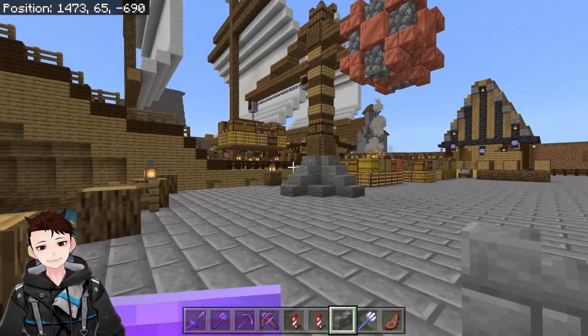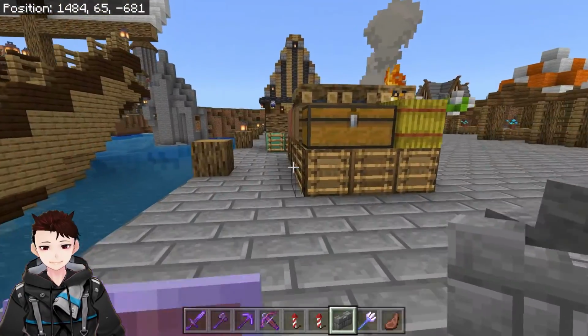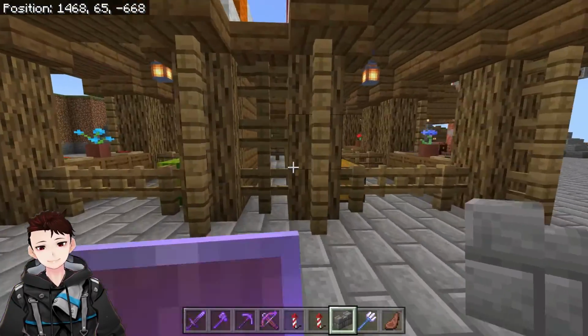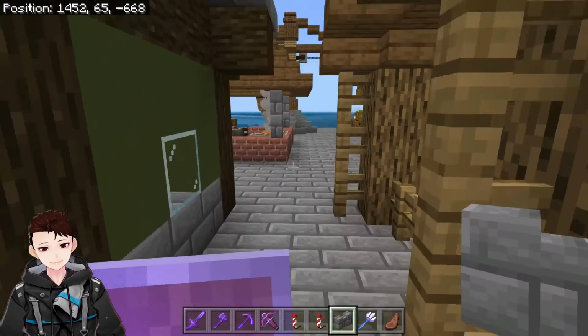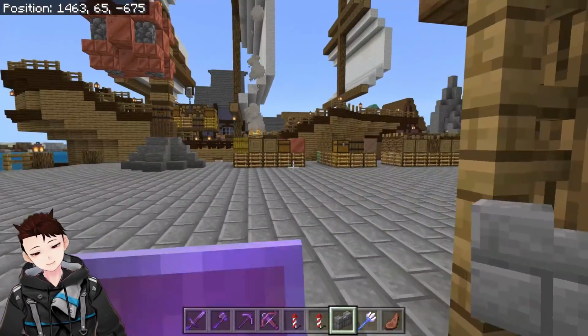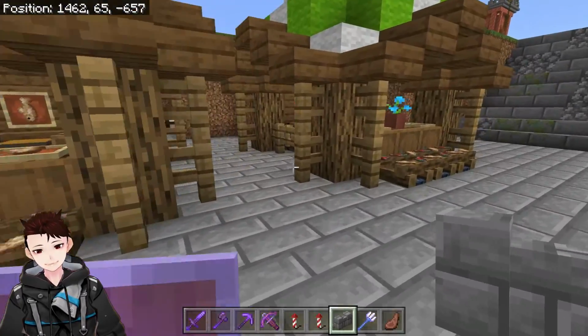We have a boat being loaded with the only current villagers in the town. As you've probably noticed, there's not many people around. With a little market area over here selling food and I believe armor and tools. Yeah, tools, armor, weapons, and then we have fish and more fish